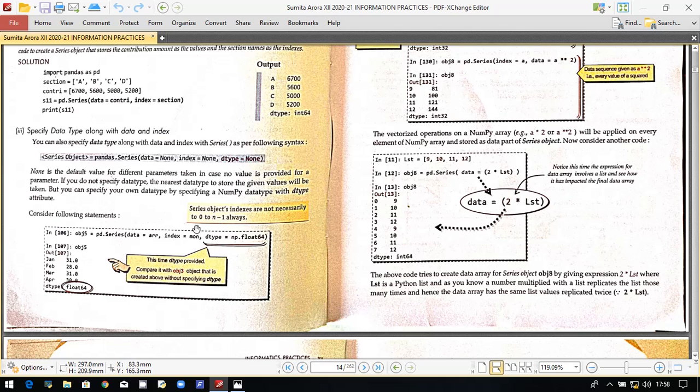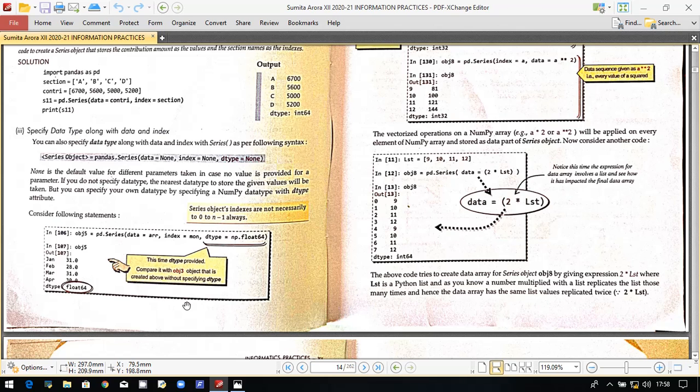And since the index has not been changed and is the same, that is Jan, Feb, March, and April, the data values have been switched to the float data type, but the index remains the same. That is, January with 31.0, February with 28.0, March with 31.0, and similarly for April. And this time the dtype is float64.